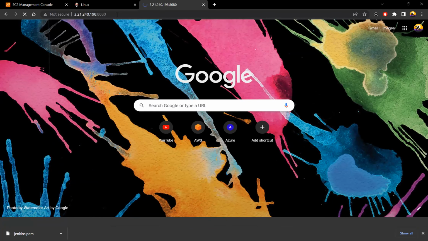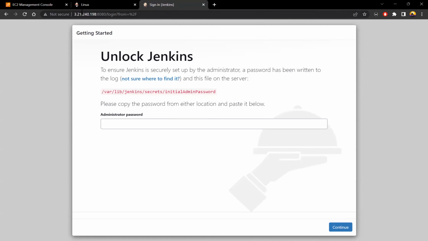Enter. So this Jenkins is working. First we need to unlock Jenkins with the initial administrative password. That can be accessed from this location on the Jenkins server. Let us copy this path,